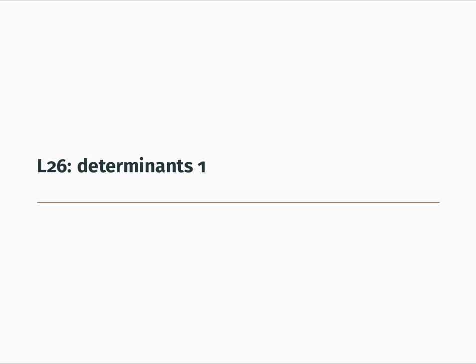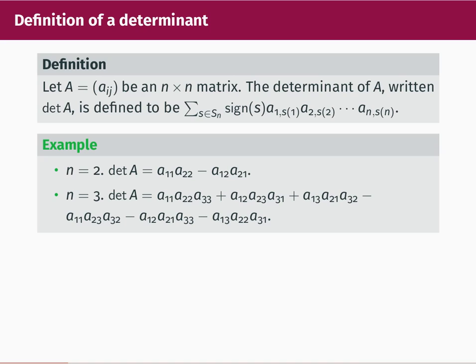Over the next 3 videos we're going to learn about determinants of square matrices. You've already seen 2x2 and 3x3 determinants on various videos in this course. Here's the definition of the determinant of an arbitrary n by n matrix. If its ij entry is lowercase a subscript ij, then the determinant of A, which we write like this, is